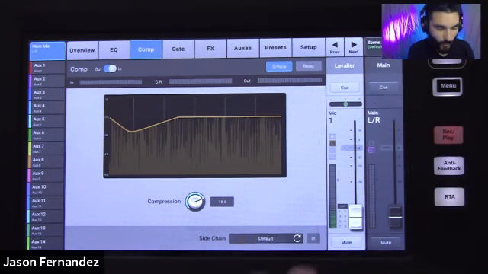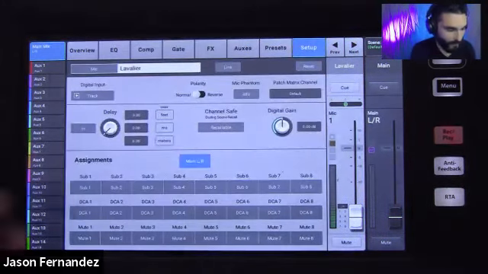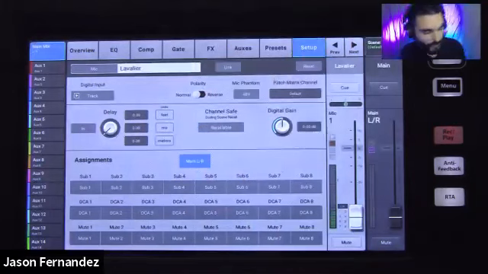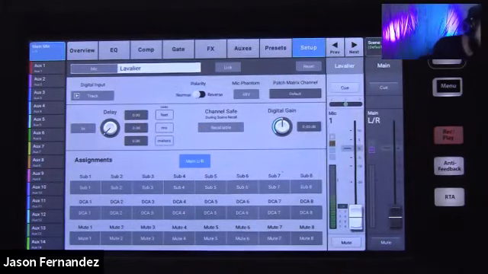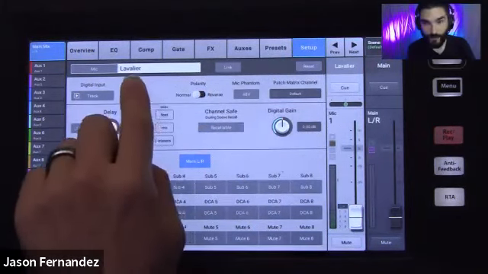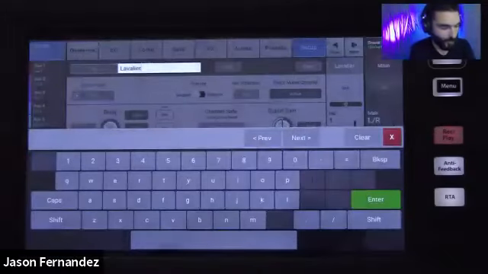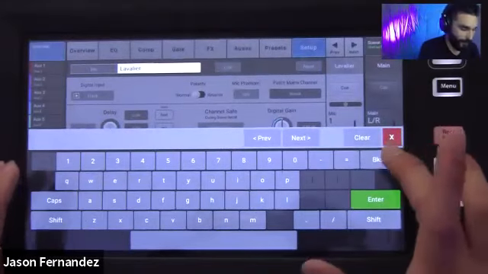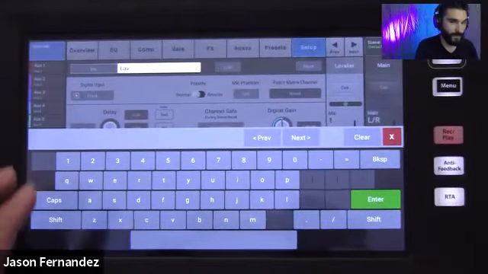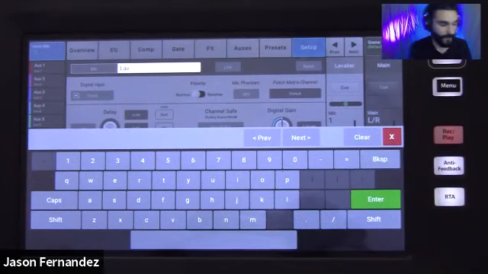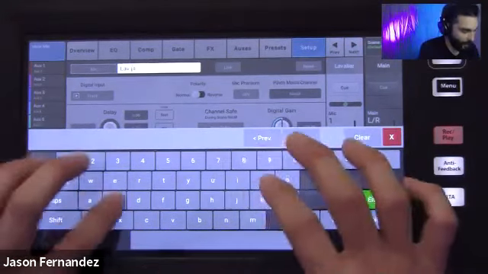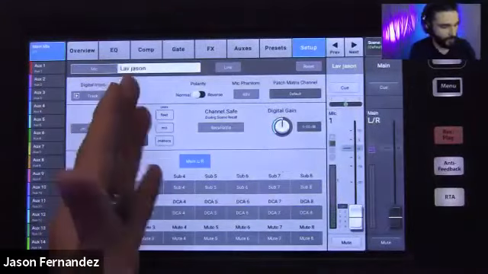Right before I do that, just quickly, I want to show you the setup screen. Every input does have this setup screen here, and the first thing we can do here is name the channel. So if I want to give my channel a custom name, if I don't like lavalier, maybe I want to be more specific. Maybe this lavalier is on a specific presenter or a specific person. I can add their name in there. So I can name my channel.